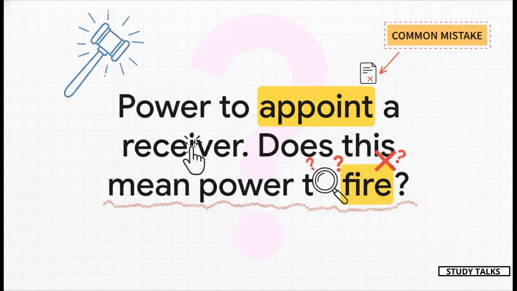Now, have a look at this. A law clearly says a court has the power to appoint a receiver. Simple enough. But then the question asks, okay, but can the court also suspend or even remove that receiver? You start flipping through the provisions in your mind, you're searching that specific law, and there's nothing, not a single word about removal. So what's the answer? Is it a yes or is it a no? This is exactly the kind of question where easy marks are lost.